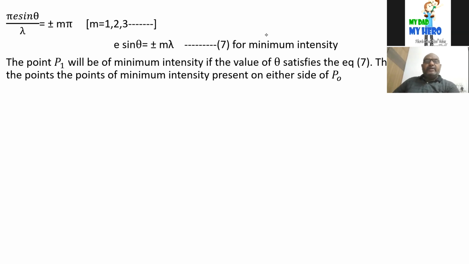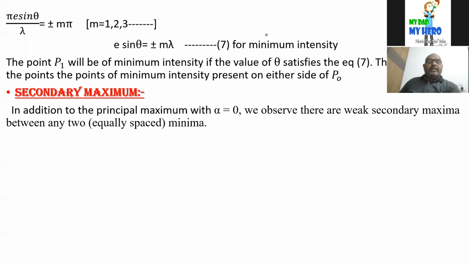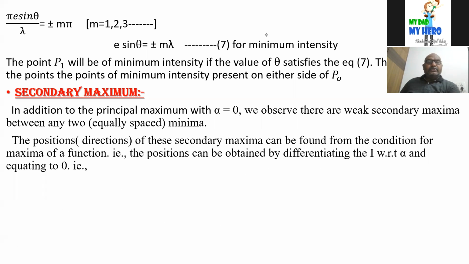Either side of the P naught, that is, either side of the principal maxima, is called the minimum intensity position. Another one is secondary maxima. In secondary maxima, in addition to the principal maxima with alpha is equal to 0, we observe there are weak secondary maxima between any two minima. The position of these maxima can be found from the condition for